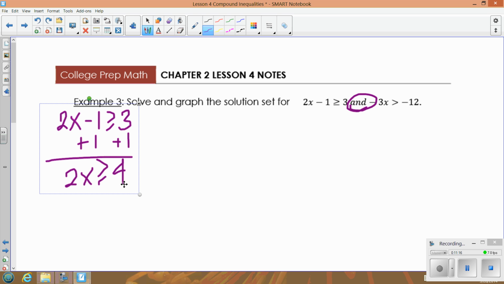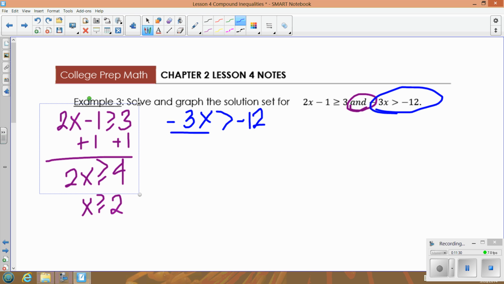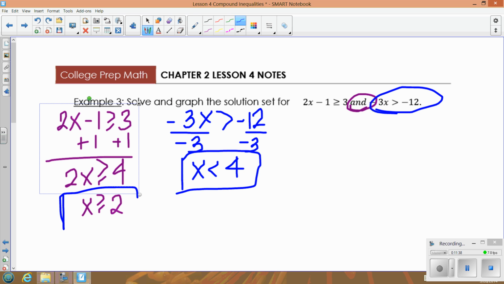So divide everything by 2. We get x is greater than or equal to 2. Then we're going to do the same thing for the other one. So we have -3x is greater than -12. Remember, when we divide by a negative, you got to remember to flip the sign. Always, always, always flip that sign. Don't forget. So I have x is greater than or equal to 2, x is less than 4, and this